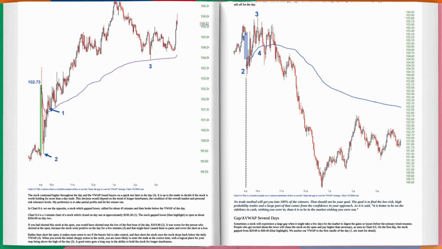A stock which gapped lower, rallied for about 45 minutes, and then broke below the VWAP of the day. Chart 9.4 is a 1-minute chart of a stock which closed on day 1 at approximately $105.30, 1. The stock gapped lower, blue highlight, to open at about $104.60 on day 2. If you had shorted this stock at the open, you would have shorted near the low of the first hour of the day,